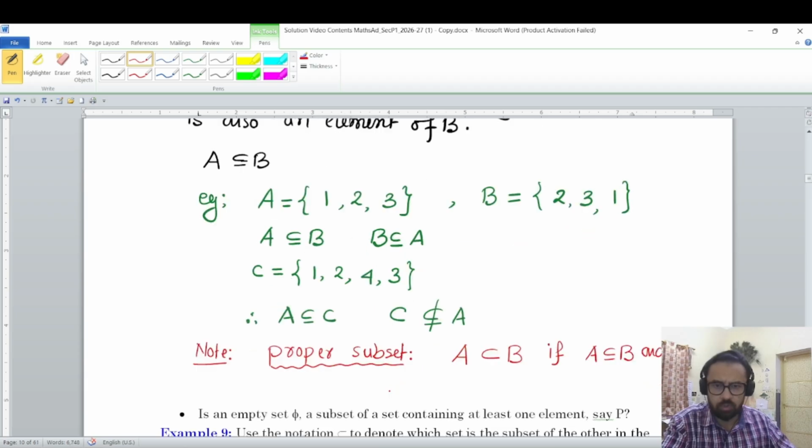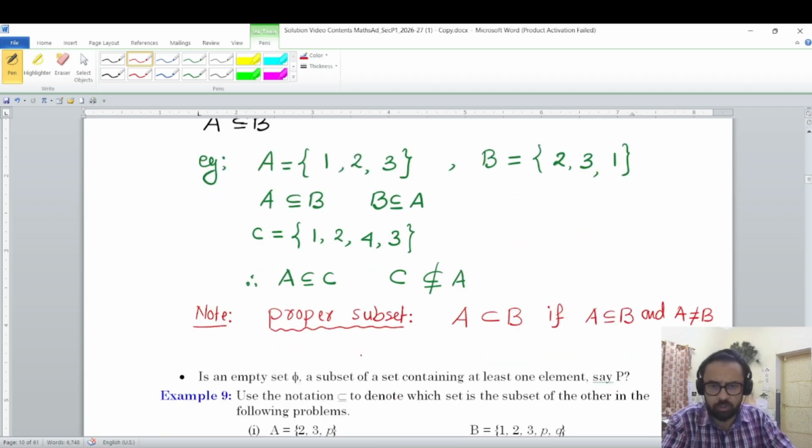So you can mention here in this example, like the relationship between A and C, A is a proper subset of C because A and